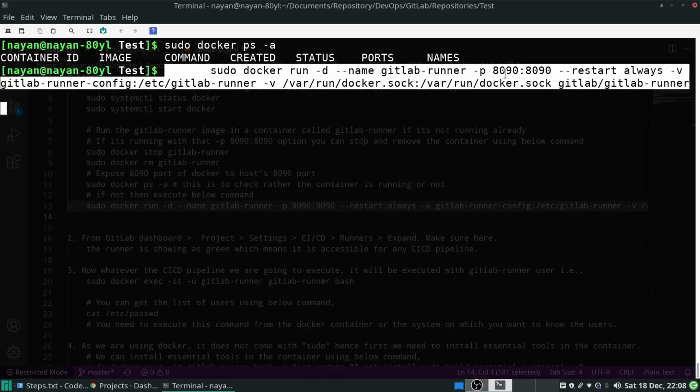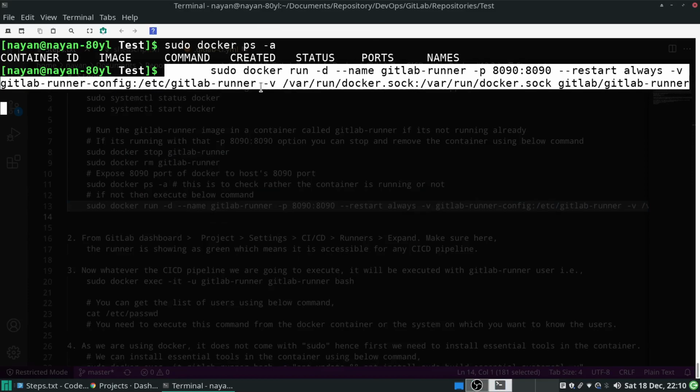Then -p 8090:8090 means I want to map the GitLab runner image container's 8090 port to my host's 8090 port. --restart always means if for any reason it has been stopped or is not working, then restart automatically. -v means we want to map this GitLab runner config volume with the GitLab runner image container's /etc/gitlab-runner.